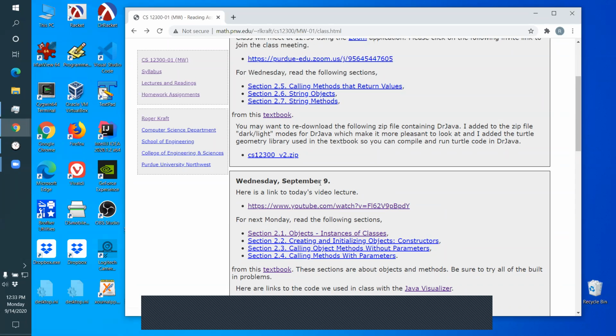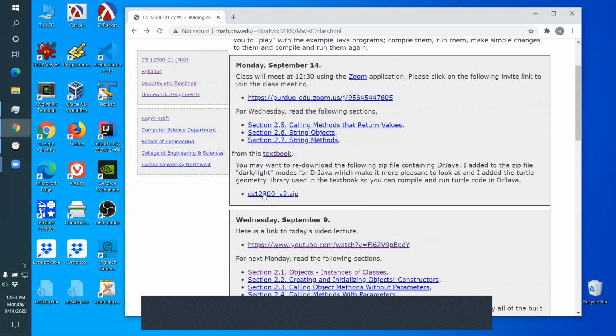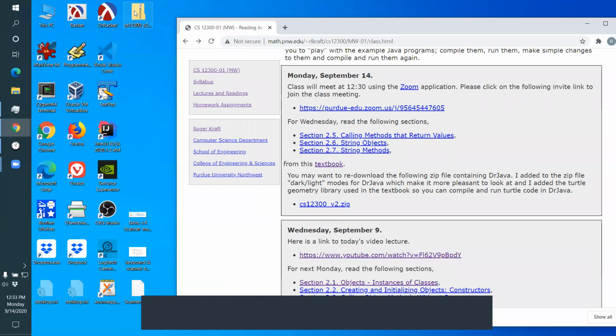Besides that, there's one other thing here. I put up another version of this CS123 zip folder. Go ahead and download it. If you just click on it, you'll download it. Now, I already downloaded it, so let me show you. If you unzip it,